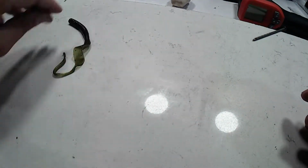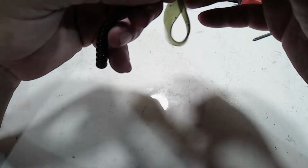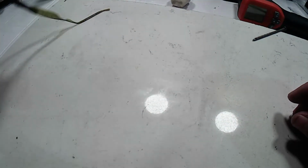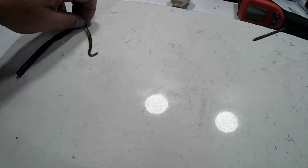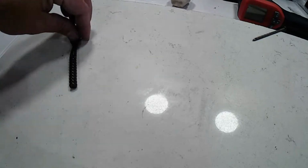So yeah, maybe that'll be a better option. Still a little tacky. Maybe that'll be a little better option for my worms there. Give them a little more action in the water, a little more water displacement, move a little more. Maybe make those fish come in and